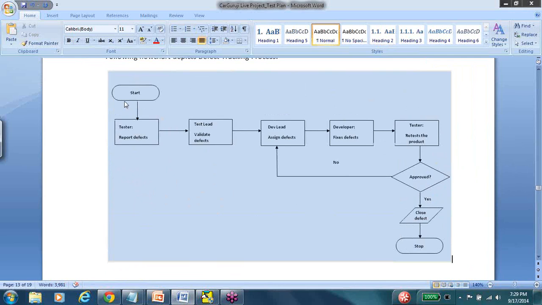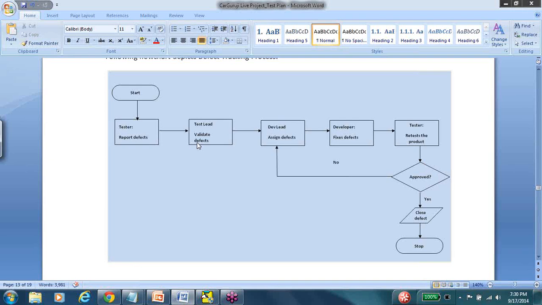Yeah. So once the defect is encountered, we assign it to the test lead. So the test lead will validate the defects. Now, team members will all work on their individual modules, but that doesn't mean that team member A and team member B will not find the same defects. They might find something on the home page, which is probably common territory, right? So in that case, do we raise 2 defects for just one problem? No, right? There has to be some sort of moderator, mediator who will overlook the defects that are being generated